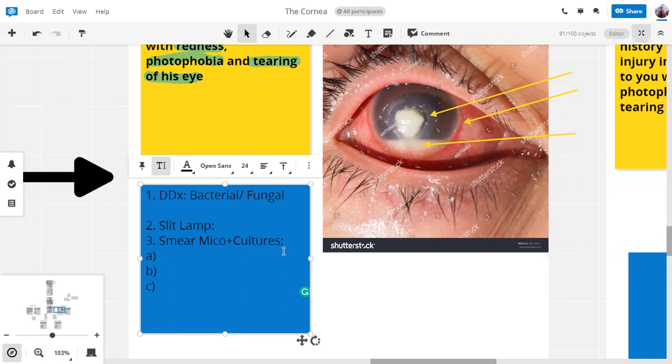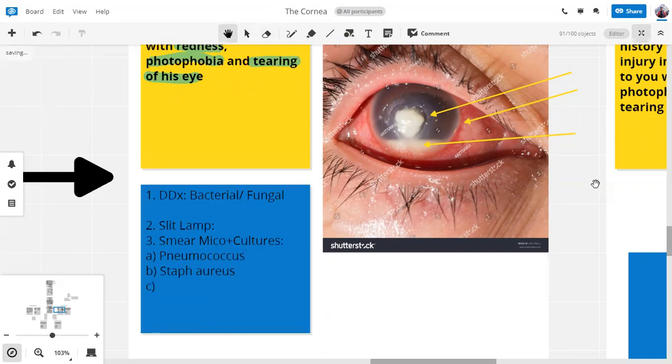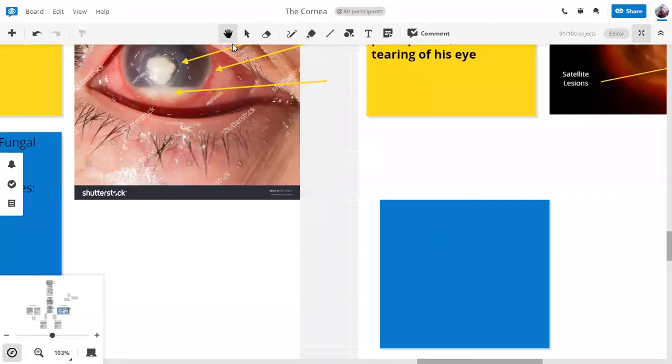Staph aureus. Staph aureus causes hypopyon ulcers. Pneumococcus. Pneumococcus is the word I'm looking for, because pneumococcus is the usual culprit in hypopyon. We will find pneumococcus in our examinations. Right. Similarly, again on this examination on slide,